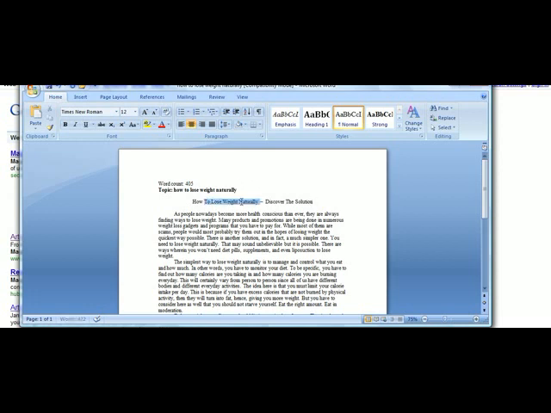Now, obviously, when you rewrite the article, and I recommend you rewrite each and every article you do, that would actually end up giving you 20 to 30 unique articles if you really want to splice them together. But I recommend each article, the rewritten ones even, have a different title. So start with your keyword phrase if at all possible, and then give some sort of strong statement in there that would encourage people to want to read that article. So whether it's 5 tips to success or discover the solution, whatever that might be, that's what you want to do.